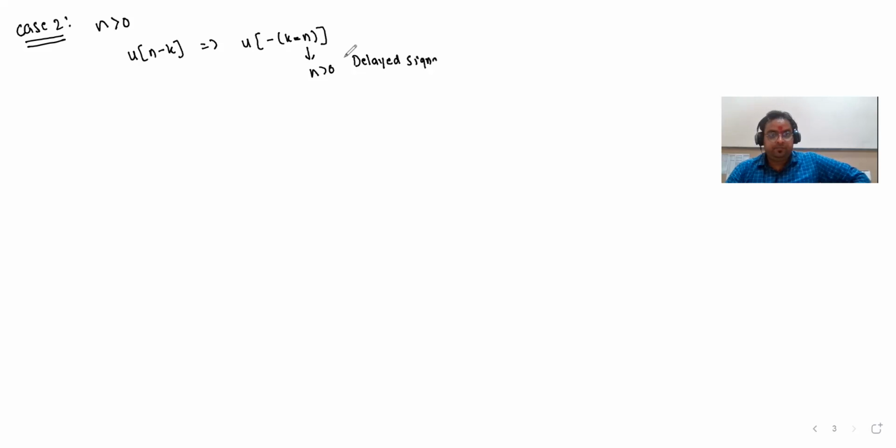So when n will be greater than 0, if I ask what is going to be u of n minus k, as we know, u of n minus k is nothing but the delayed version of this time reverse signal. So now we have n greater than 0, any value that is greater than 0. So that means this is representing a delayed signal. I'll make